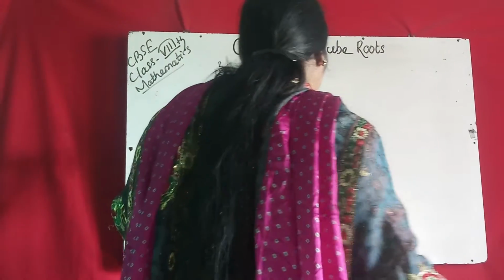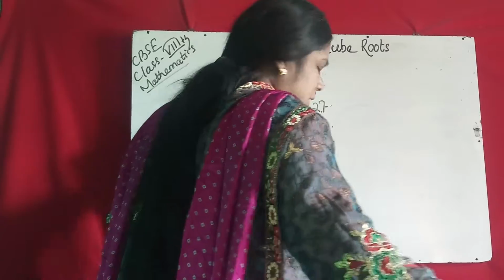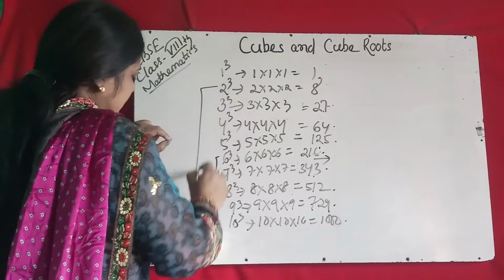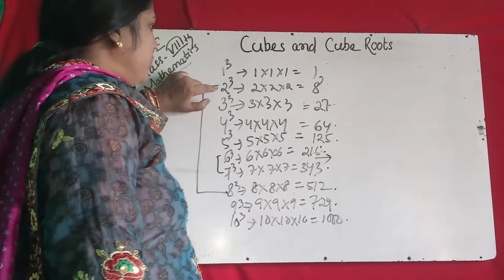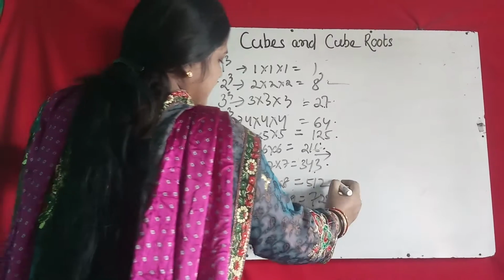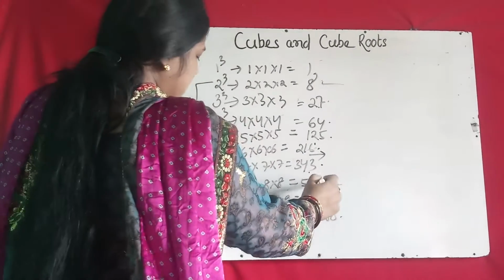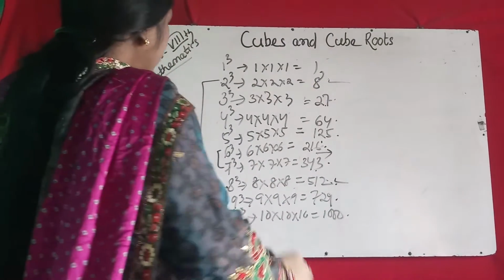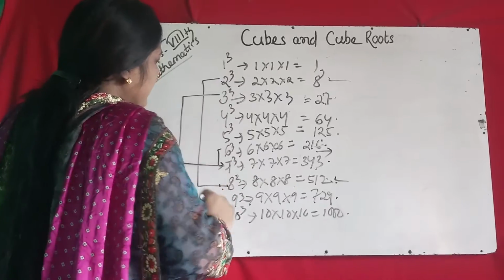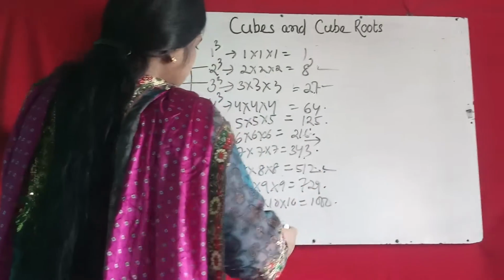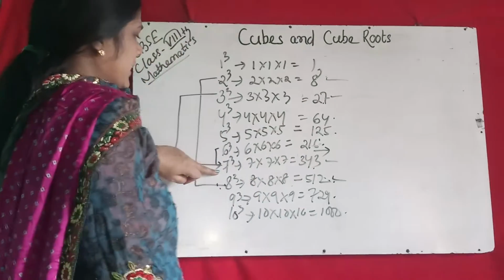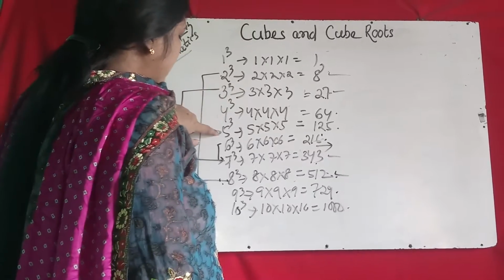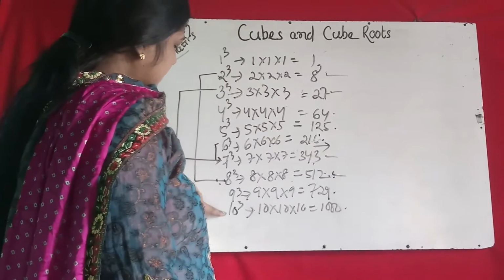In a perfect cube, what must the ones place be? You see that 2 and 8: when you find 2 cube, you get 8, and 8 cube ends in 2. Another pair is 3 and 7: 3 cube has ones digit 7, and 7 cube has ones digit 3. Then 1, 4, 5, 6, 9 and 0 stay the same.